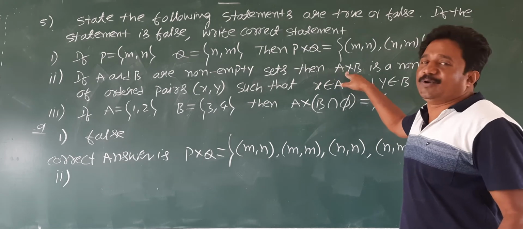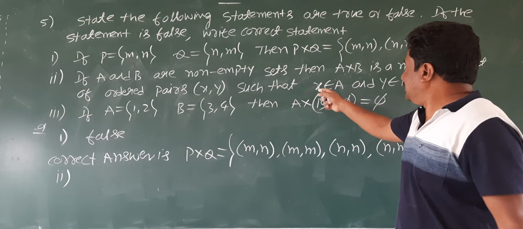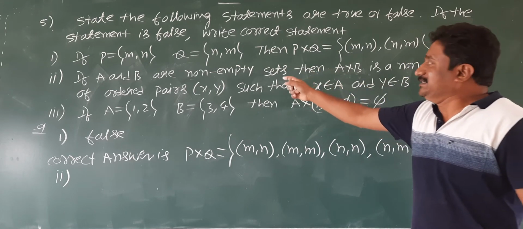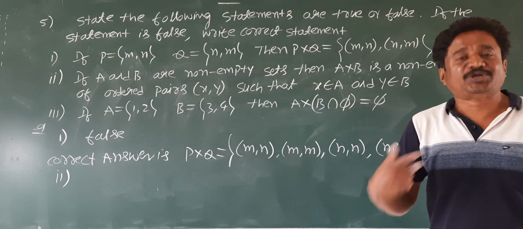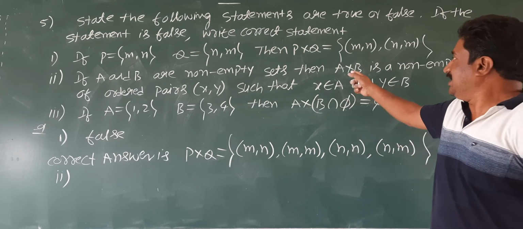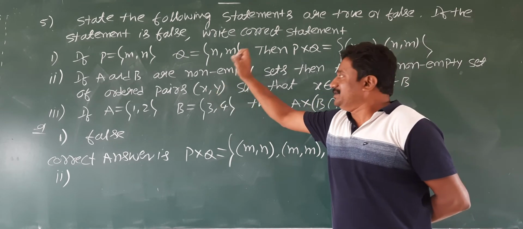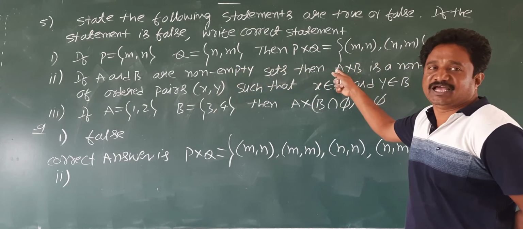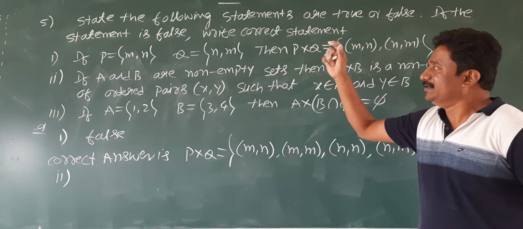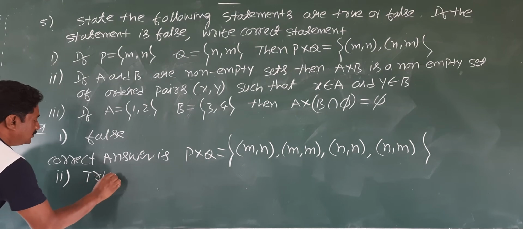What does any Cartesian product contain? Ordered pairs, such that x is an element of the first set, y is an element of the second set. Is this statement true or false? True. 100% true. Understand correctly. In any Cartesian product the first entry is always from the first set, and the second entry is from the second set. That's what is given for us. So it is true. Answer for the second one is true.